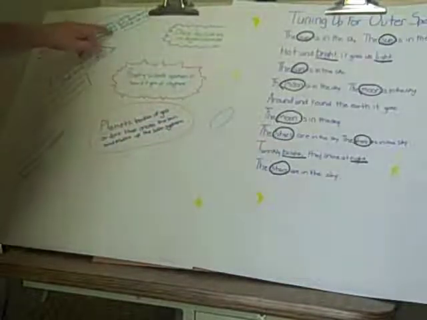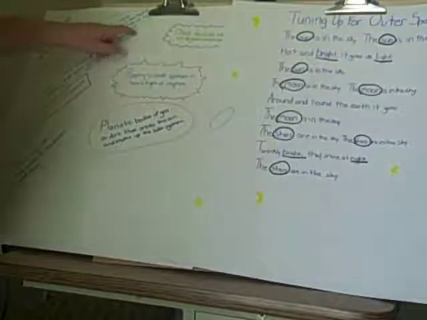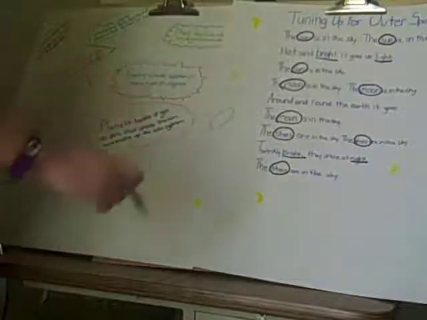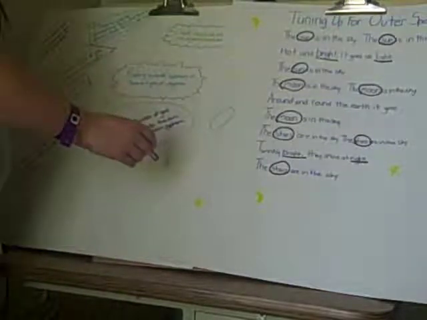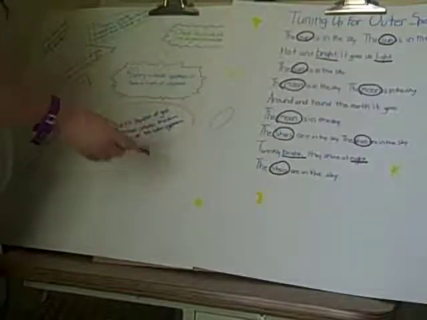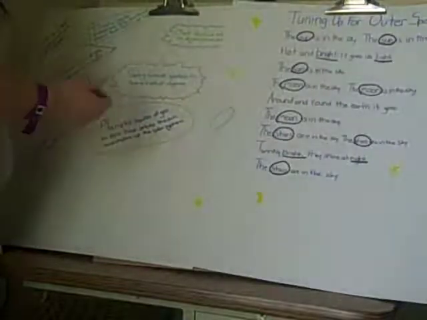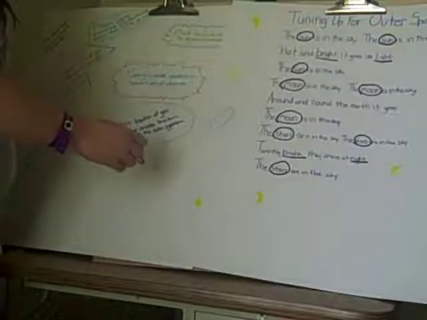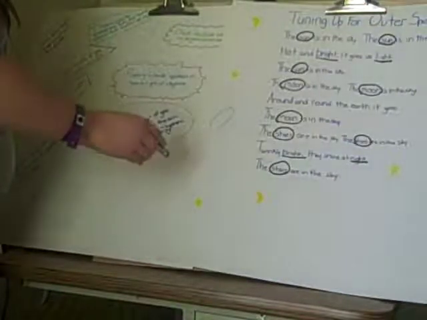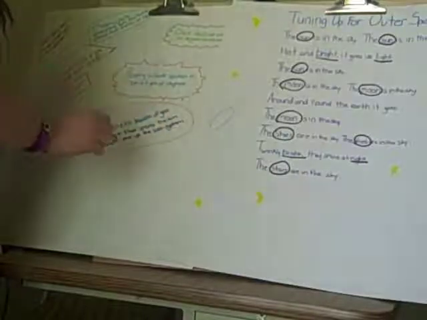We also heard the word orbits in our definition for moon. An orbit means to circle around an object in a set path. So we have our moon, and it orbits our Earth, which is the planet we live on. Remember, our planet is a body of gas or dirt, and we also have water on our planet. So the moon circles the Earth, and the Earth and the moon orbit the sun.